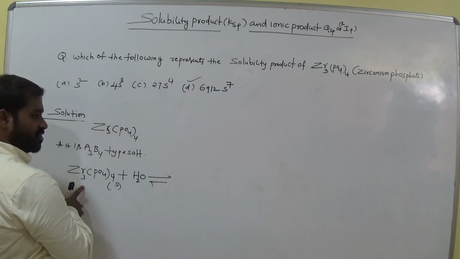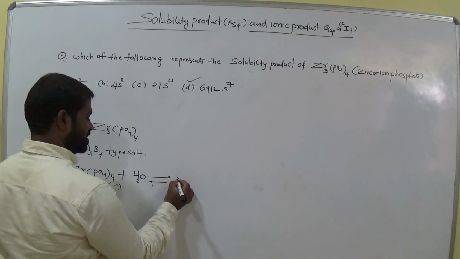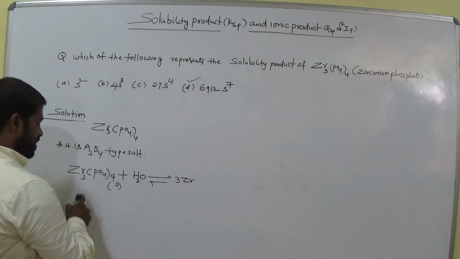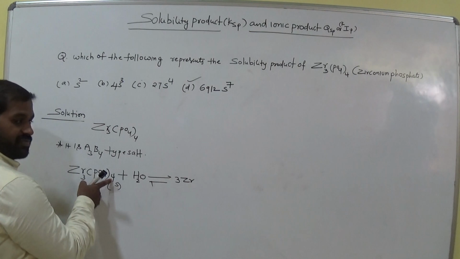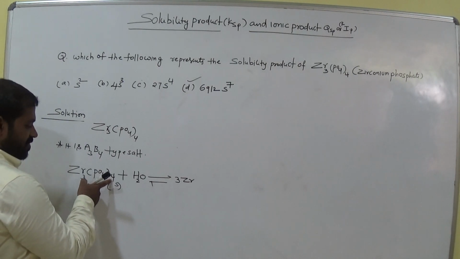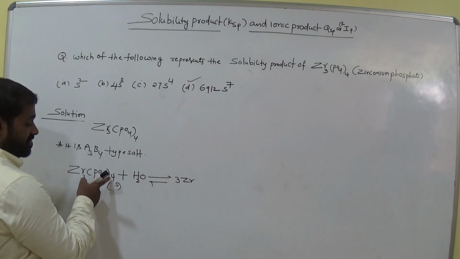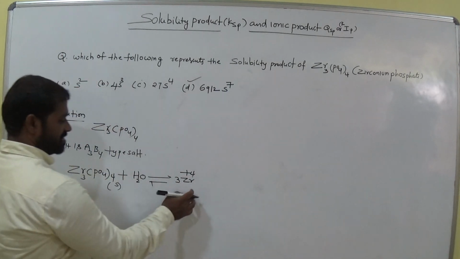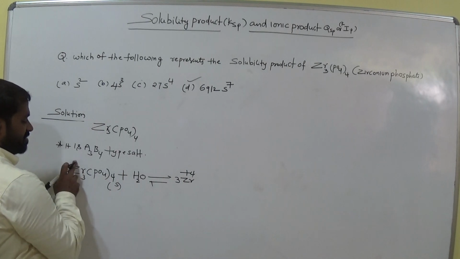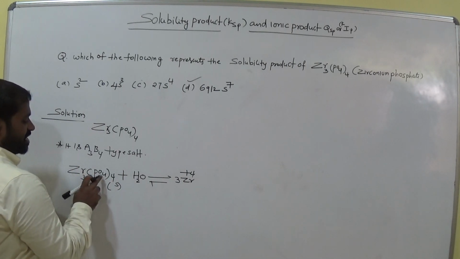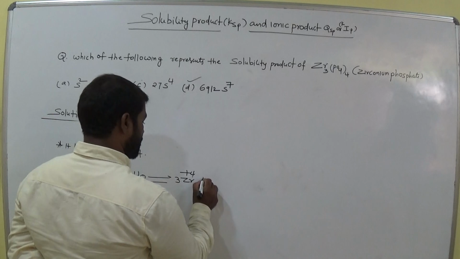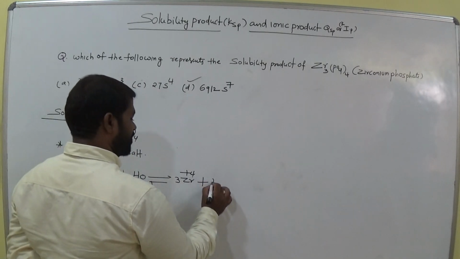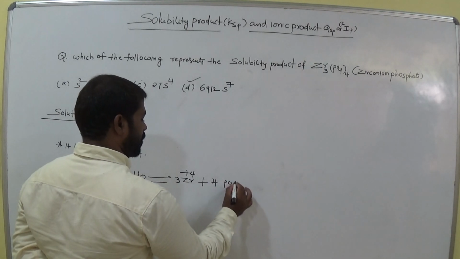Now how many zirconium here? We have 3. First write 3. Now what is the value of PO4? This is the subscript here. What is the subscript? 4. So now write as superscript of Zr. This is the oxidation state of Zr. This is the oxidation state of PO4. Remember this. And let's come to how many PO4 molecules are here? We have 4. So PO4.